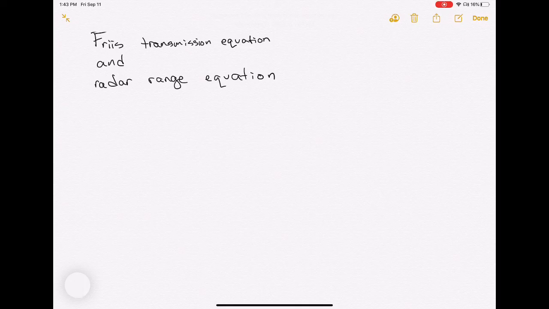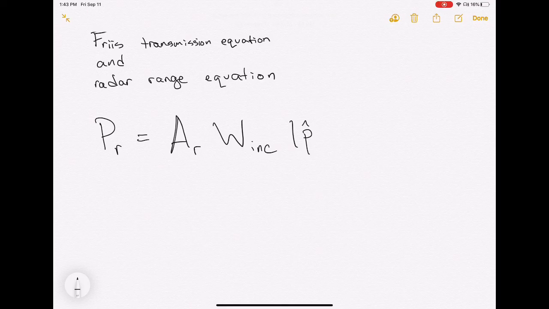Fundamentally, in both cases, that boils down to the received power is equal to the effective area of the receiver times the incident radiated power density, that's watts per square meter, times the polarization loss factor,